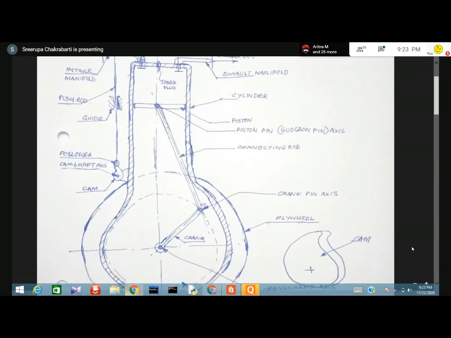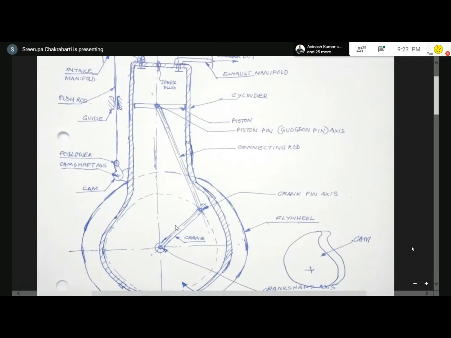Then what is this angle? It is 0. Is that right or wrong? Yes, sir. So that is at the beginning, when the piston is at the top dead center. The piston pin is somewhere here, and the crank pin is here. This is called the crank position corresponding to the top dead center position of the piston, and the angle theta is 0 degrees.